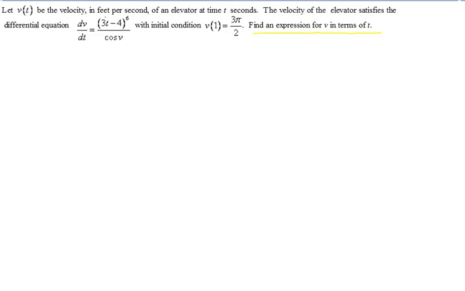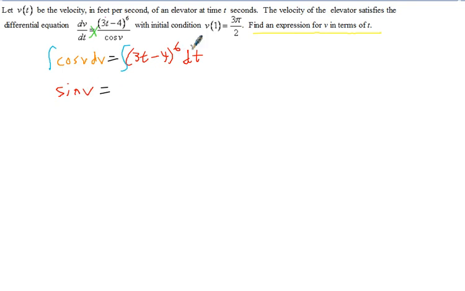So again, if we first go by cross multiplying, we'll get cosine of v dv equals (3t minus 4) to the 6 dt. And notice in this case we don't have to divide anything. The variables are already separated. We can integrate both sides. When you integrate cosine, you get sine. It doesn't start with a negative, so it's positive. Sine of v